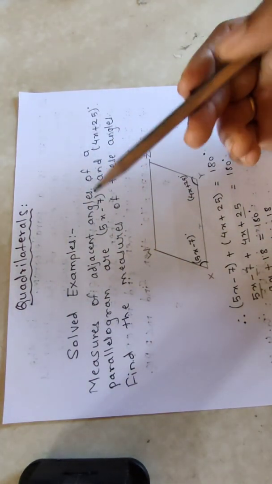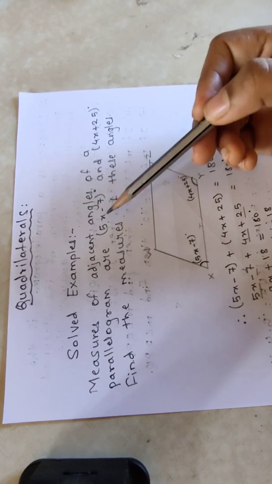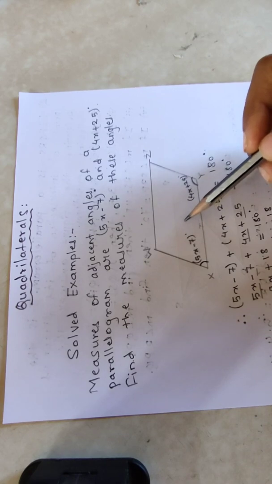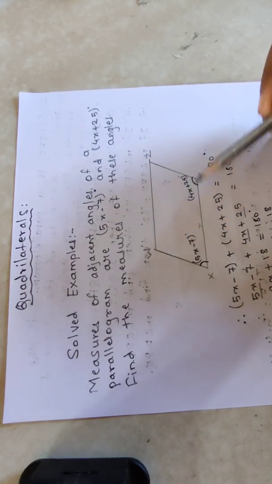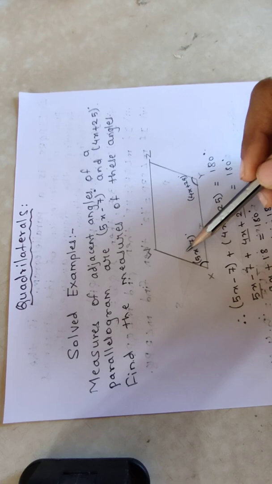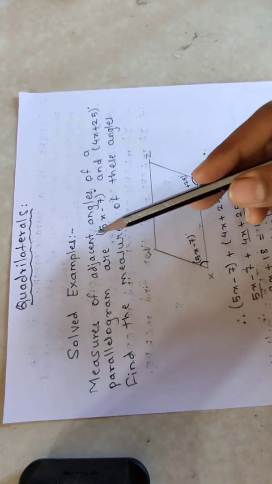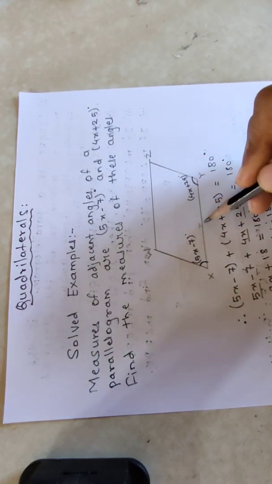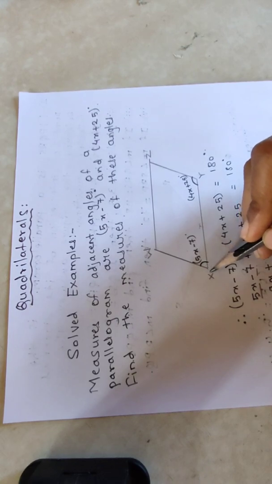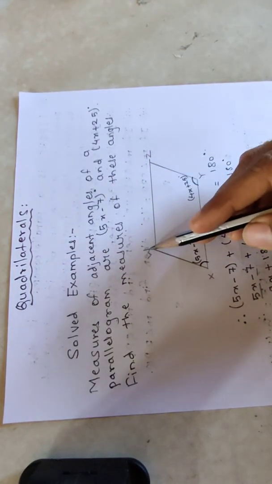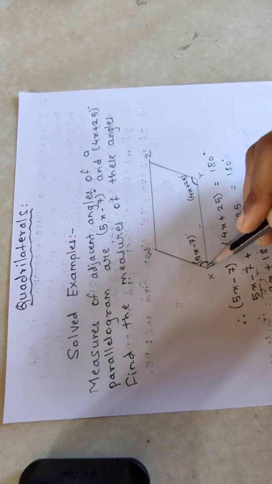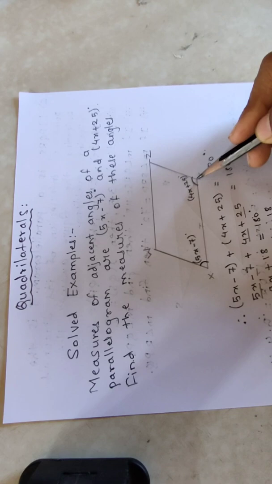Now, in our example, it is said that there is a quadrilateral which is a parallelogram. So we have already drawn a parallelogram. A parallelogram is a type of quadrilateral which has two adjacent angles. Adjacent angle means the two angles with a common line segment. So let's consider XYZW to be a parallelogram with two adjacent angles, angle X and angle Y.